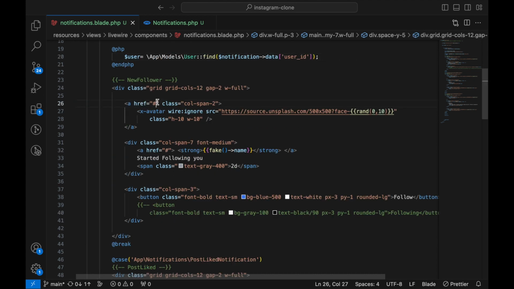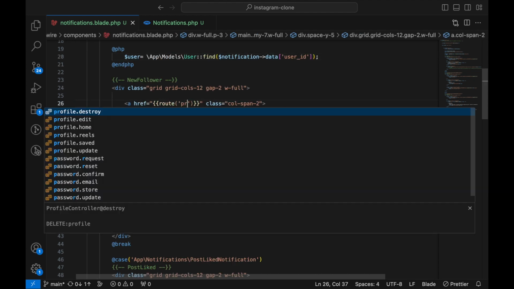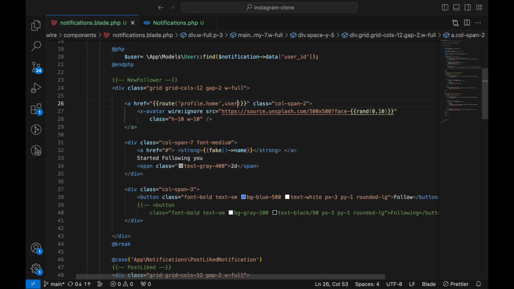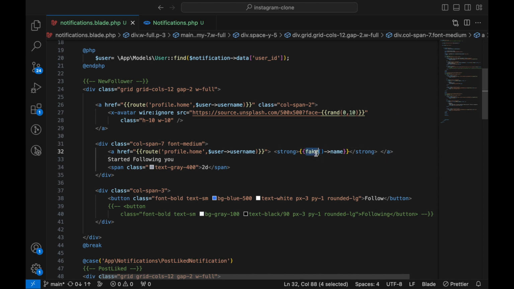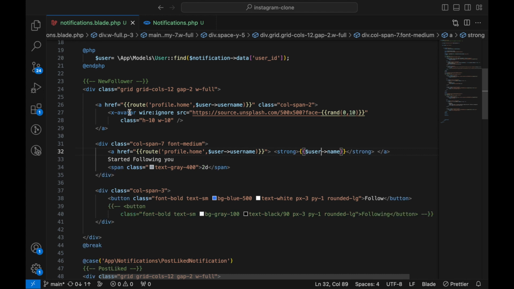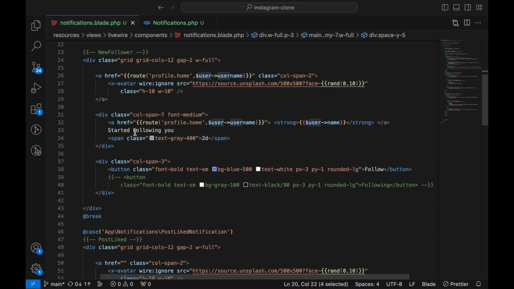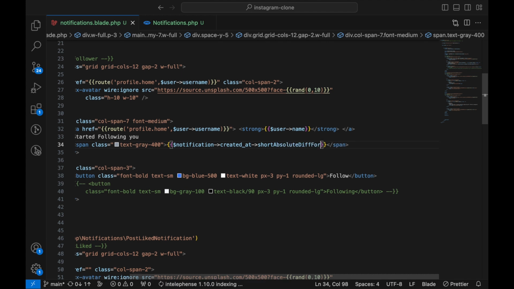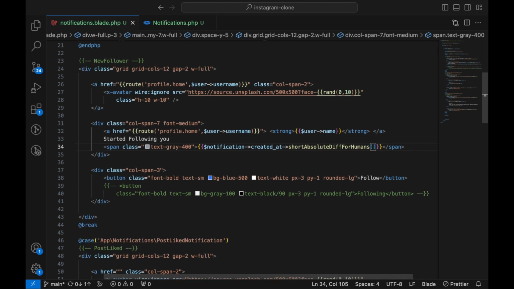In here, in the route, let's do route profile home. Let's pass the user username. Same applies to this one. Copy this inside the link, paste that there. Here the name, change it to user name, this user. Here the date, change it to notification created at. Here say short, we're using Carbon for this, short absolute diff for humans. I hope it's correct. All right, and then down here I'm going to add 2 buttons now, saying if user is following